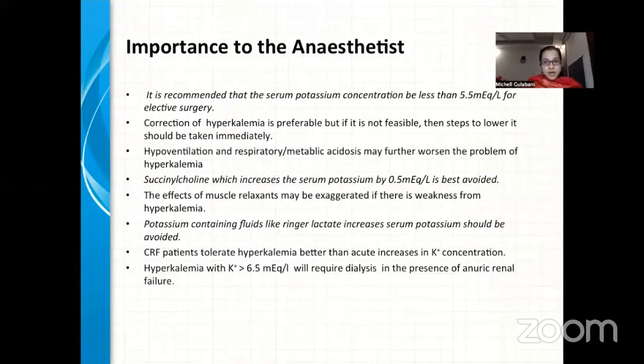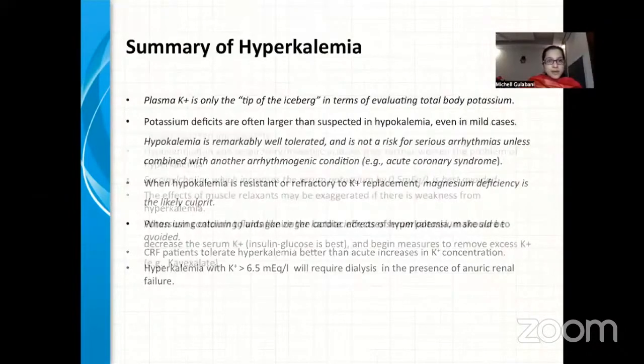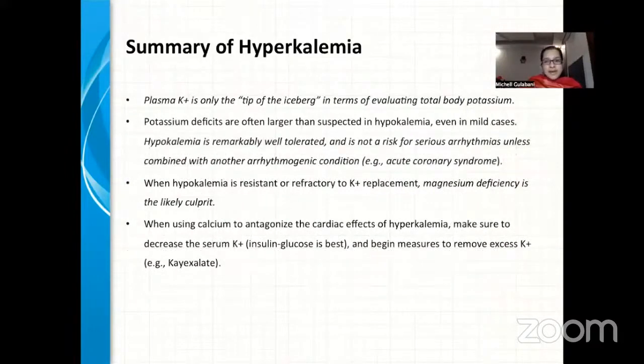Succinylcholine, which increases the serum potassium by 0.5 millimole per liter, is best avoided. The effects of muscle relaxants also may be exaggerated by the weakness from hyperkalemia. Potassium-containing fluids like Ringer lactate, which increase the serum potassium levels, should be avoided. If the potassium is more than 6.5 millimole per liter, please go ahead with dialysis, especially in the presence of anuric renal failure. So plasma potassium, to summarize, is only the tip of the iceberg in evaluating the total